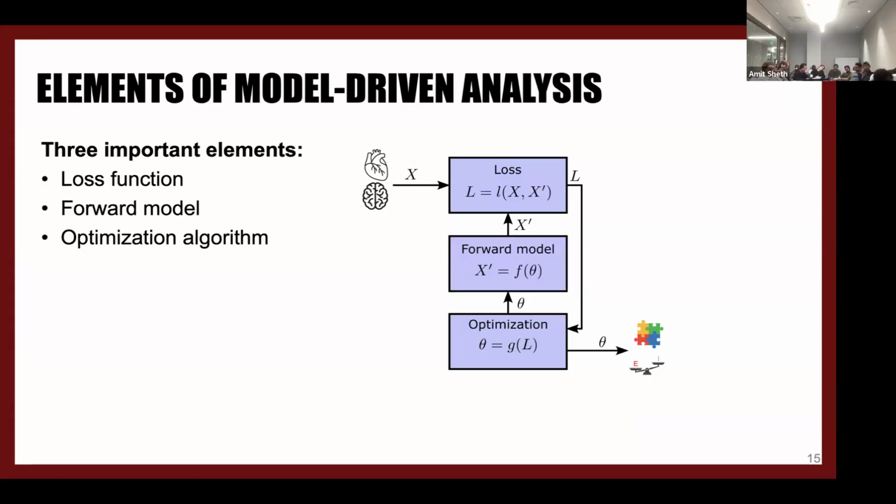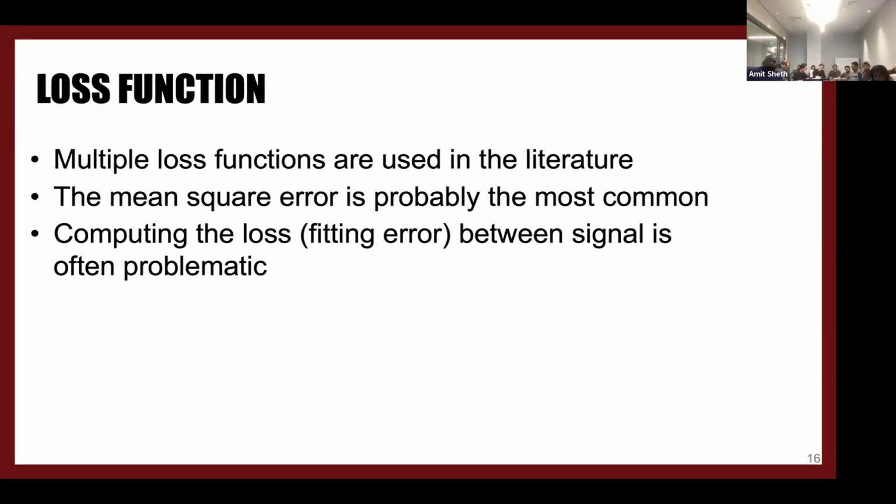So there's three important elements here: the loss function, the forward model, and the optimization algorithm. So we'll start with the loss. Hopefully you're all familiar with loss functions. They're used nowadays everywhere in AI and machine learning. There are multiple loss functions used in the literature that are better adapted to different types of data and different types of problems. For biosignals, and in general, the mean square error is probably one of the most common,